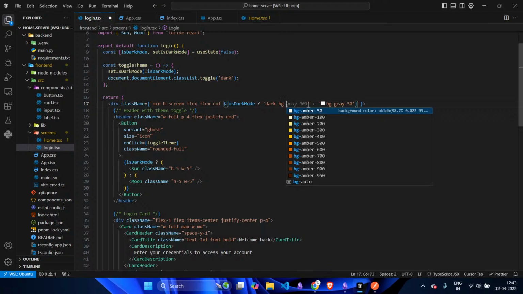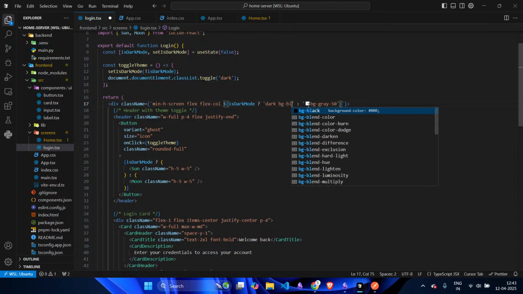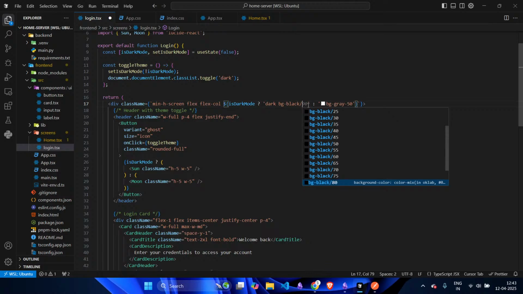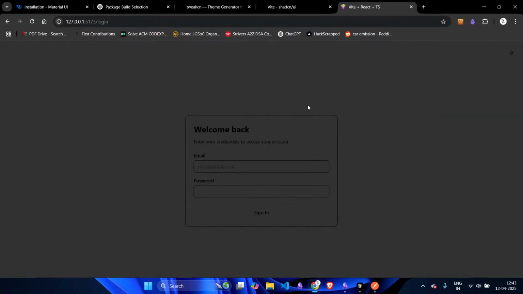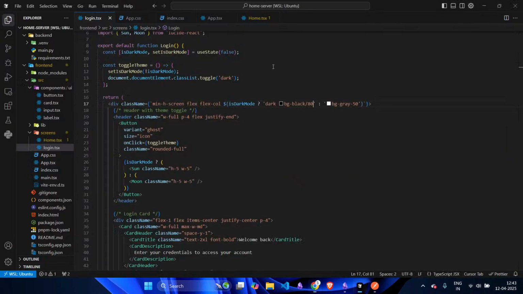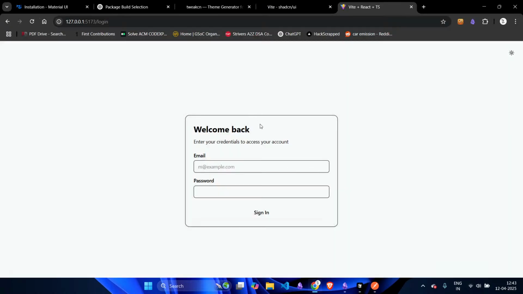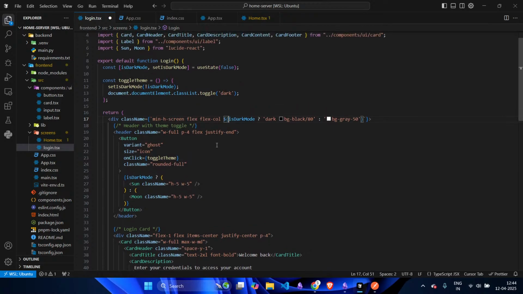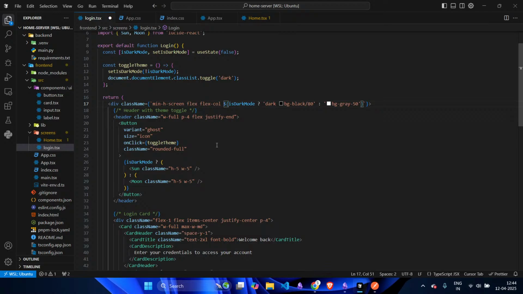BG dark, 90 black, 80% black. This looks kind of easy on eyes, but hmm. So in the dark mode,